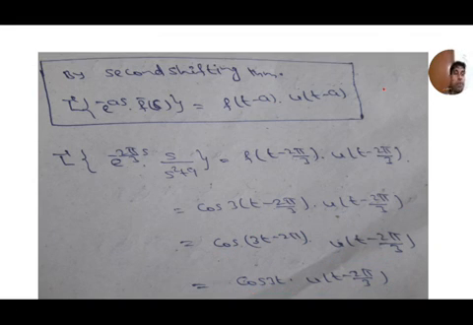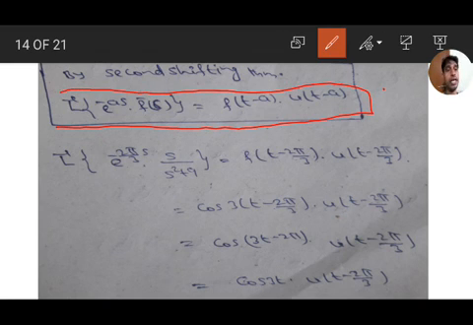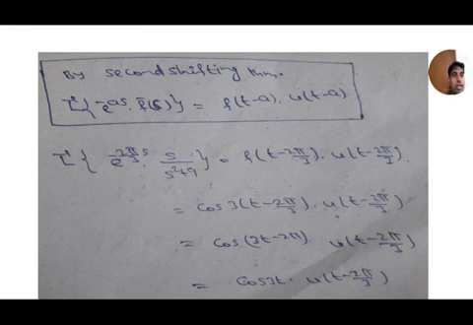This is the problem. Next, the problems on the second shifting theorem. We discussed the second shifting theorem and its problems. For functions of the form e to the power of minus as into f bar s, to find the inverse Laplace transform, L inverse of e to the power of minus as into f bar s equals f of t minus a into u of t minus a. It is the second shifting theorem. Okay, next let us move to the next